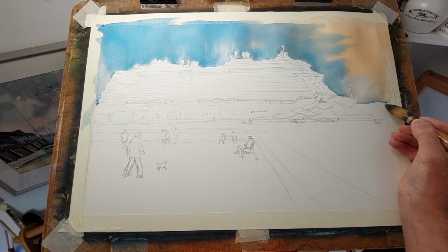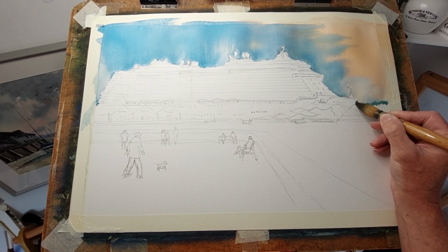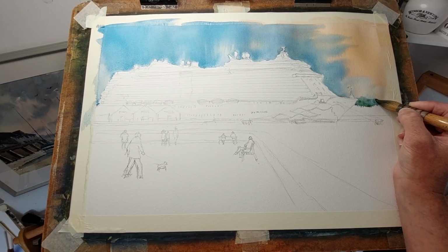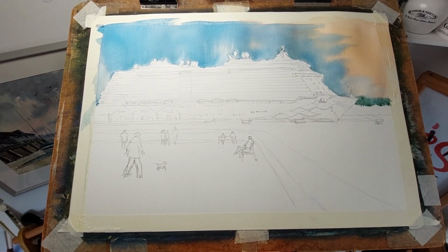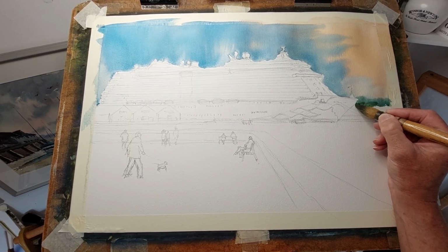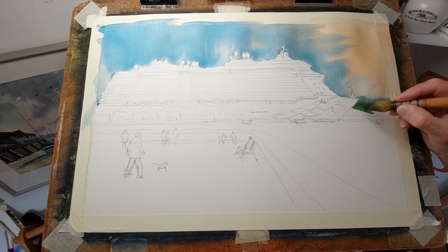Now in the distance here, we've got quite a cool blue land really, and I need that to be left white, quite uneven. I'm going to bring it above that bow area there, because that's the distant land, not sure where that is. And I'm adding raw sienna to that blue mix, and now I've got the raw sienna I can work that down. I've a good mind to leave these lines for the mooring lines,